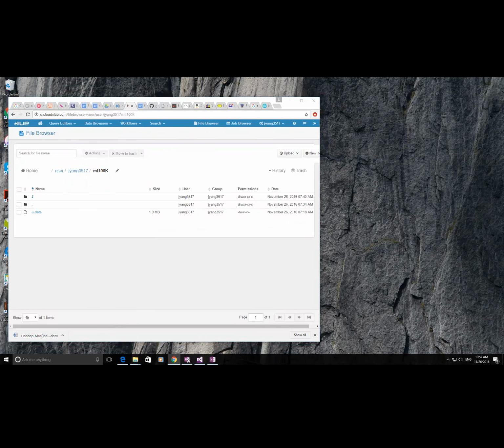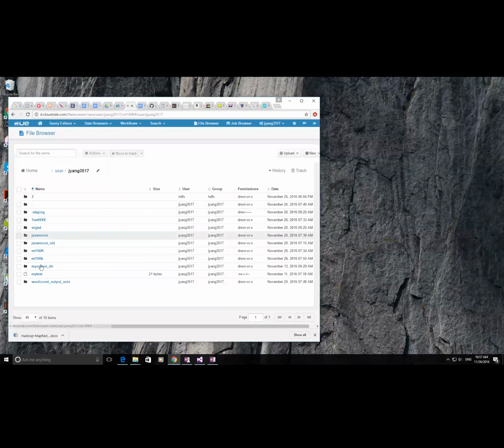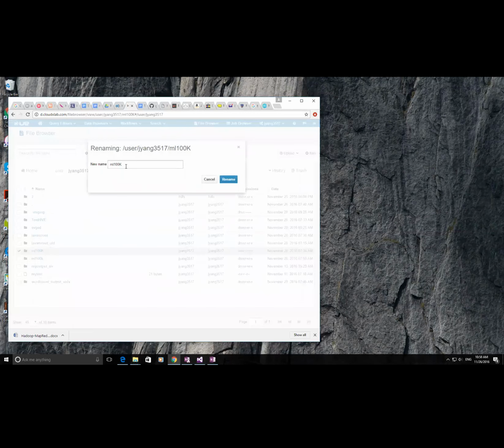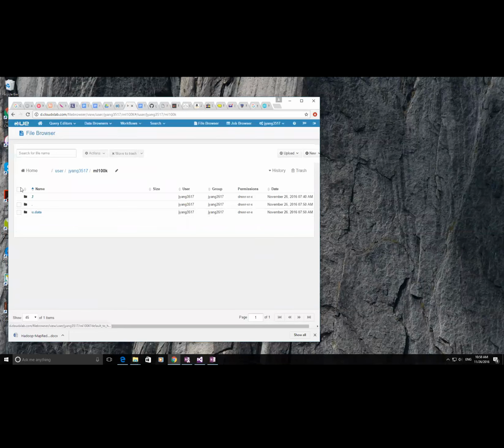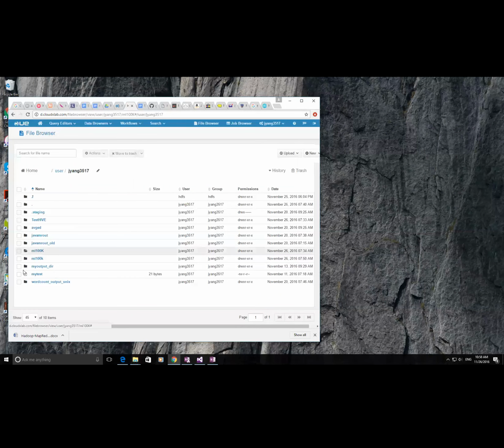So if you try to rename it, click on checkbox and then action, rename, make it small k. Oh, it is already there. Good. So both are there actually.